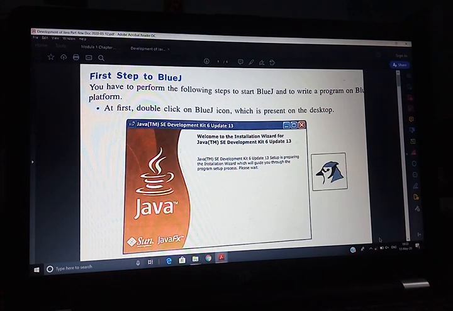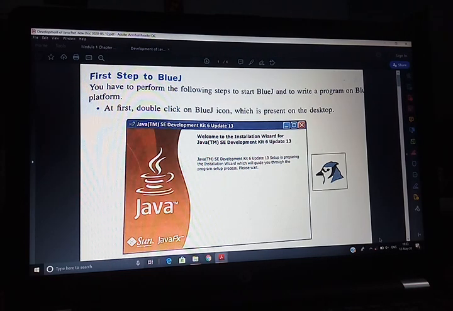This is part 4 of chapter 3. In this chapter, we perform the following steps to learn how to start BlueJ and how to write a program on BlueJ. First of all, it is a Windows-based platform for the Java Development Kit.